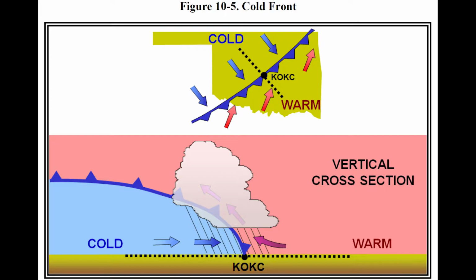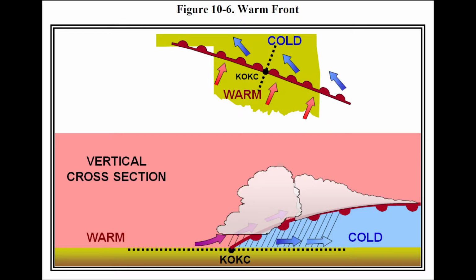Whereas if you look in figure 10-6 with the warm air, it's a much gentler slope, and as the warm air gets pushed up by the cold air coming in underneath it, with that sort of sharp angle, it'll tend to get lifted more rapidly, which can cause more severe weather, because the faster you lift the air, the more energy it has